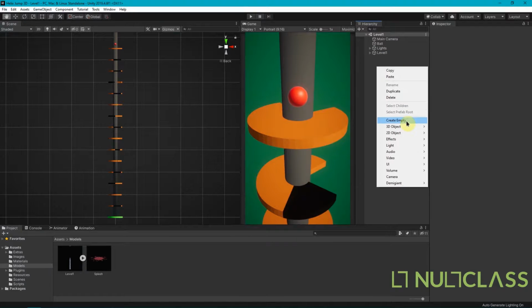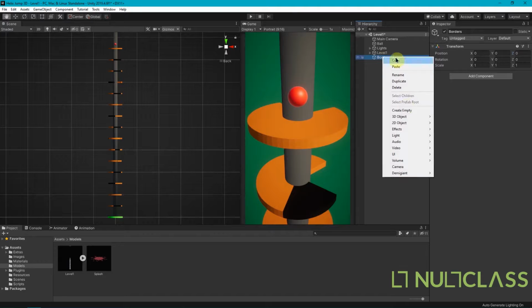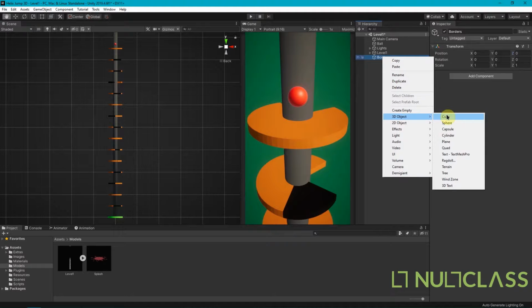So let's go ahead, and before that we are going to create an empty, because we also want to make the camera movement. So let's do that first. So let's set the position 0. Now we are going to name it borders, and after that I'm going to right click and add an object cube,